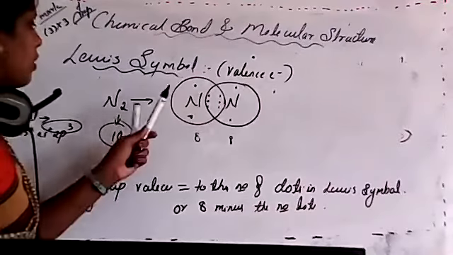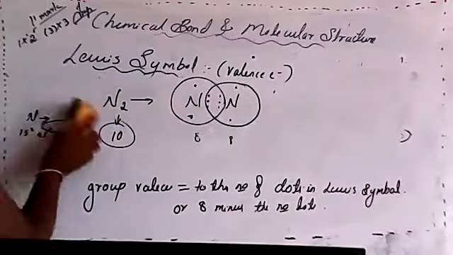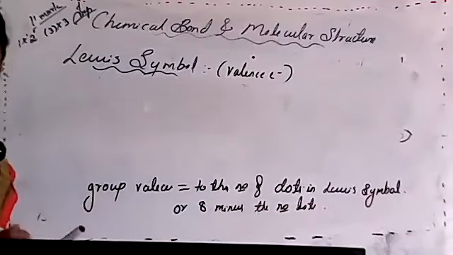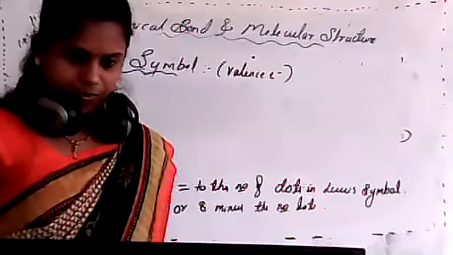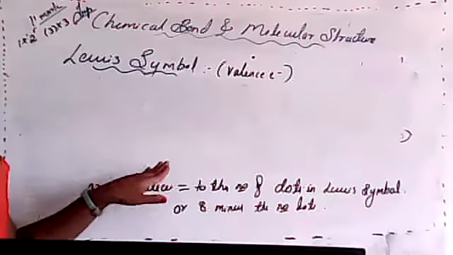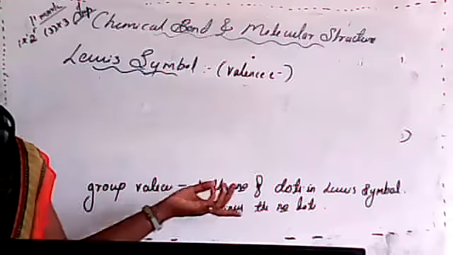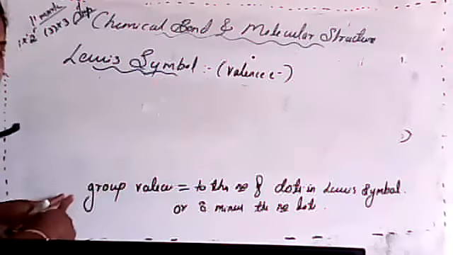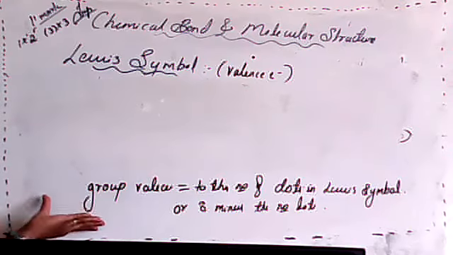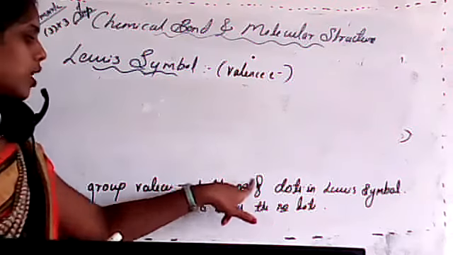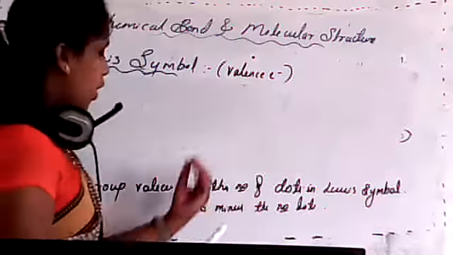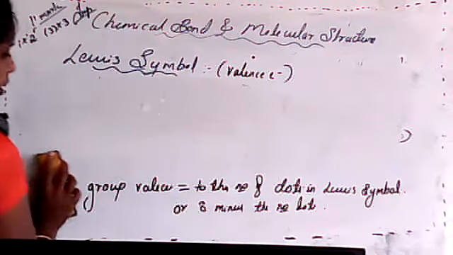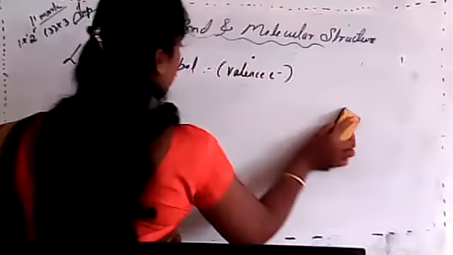Okay. Just remember this. Further, in the next section, I'll explain this clearly, because we don't know about covalent bonds and all those things yet, isn't it? Suddenly I have to start. About this, I will explain in the covalent bond session, okay? So just remember, the significance of the Lewis symbol is in group valence. When we consider group valence, it is equal to the number of dots in a Lewis symbol, or else 8 minus the number of dots. About this, just remind me, okay?